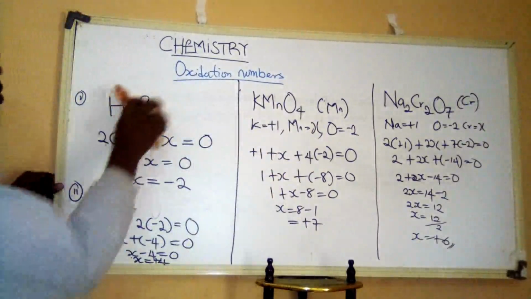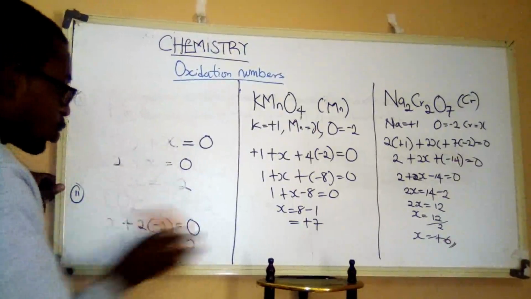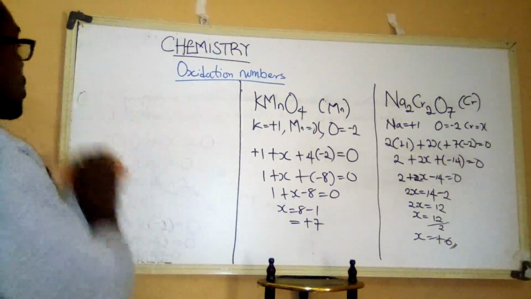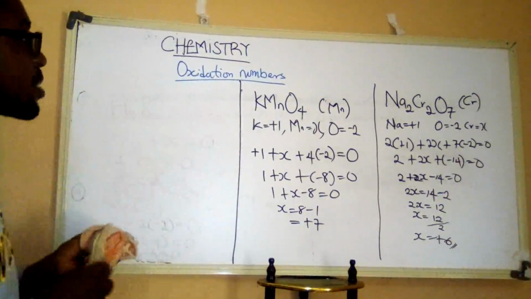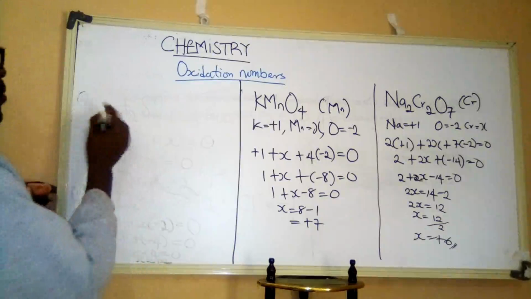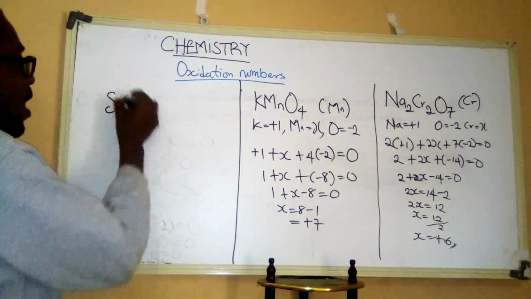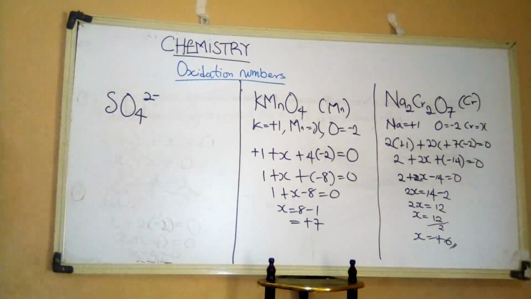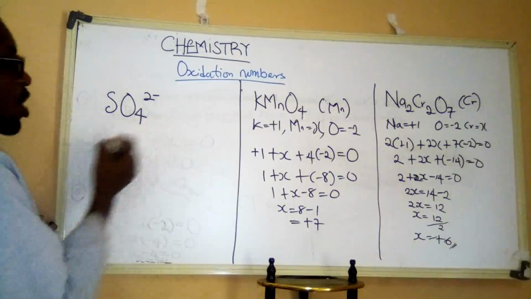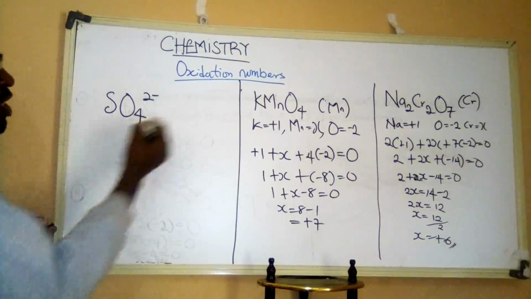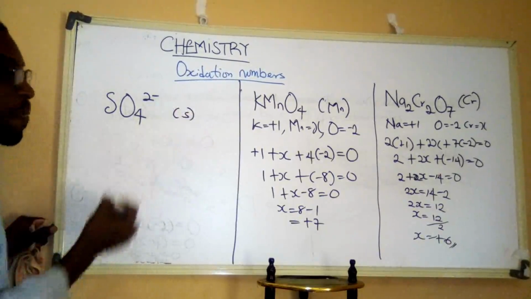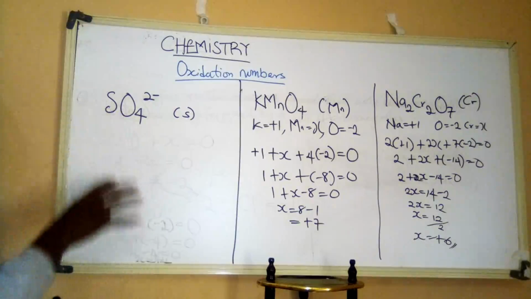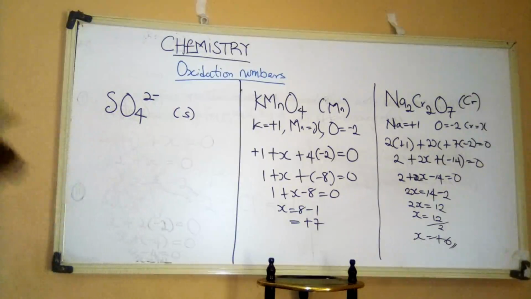Now, you can also have situations where you are not looking for the oxidation number in compounds. Instead, you're looking for the oxidation number of atoms in ions. For instance, if you have something like SO4 2-, the tetraoxosulfate 6 ion. Now, in this case, you are told to find the oxidation number of sulfur. Now, when it's actually an ion, remember that the algebraic sum of the oxidation numbers will be equal to the